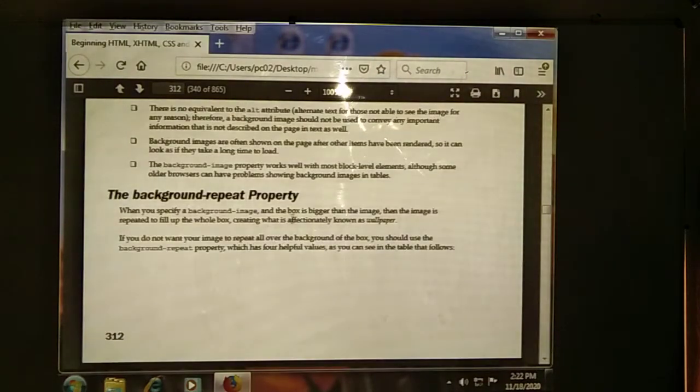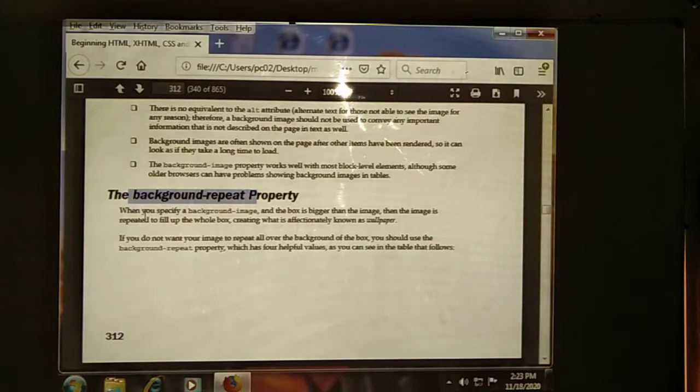Next, after setting the images, the image will be displayed continuously. How do we set another property? Which property? We need to set the background-repeat property.